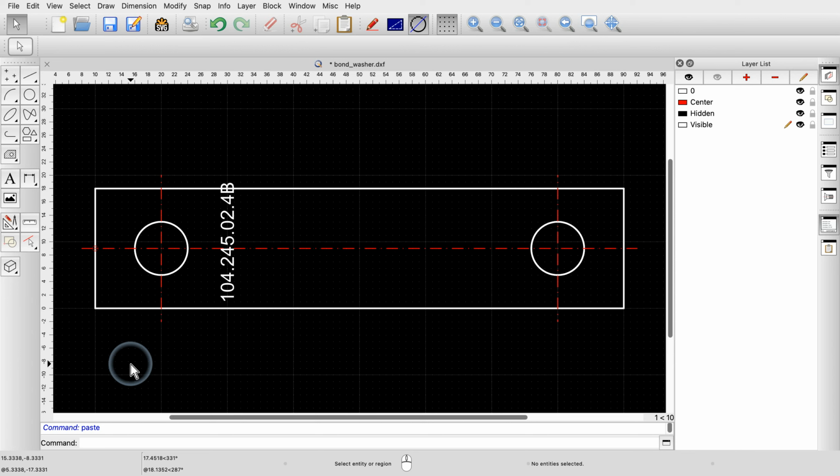As you might have noticed, our text label no longer fits on our part. To correct this, we will rotate the text by 90 degrees and move it to a different location. We can do this using the arrow keys to move and the F5 and F6 function keys to rotate. First, we select the text. Then we rotate the text by 90 degrees by pressing the F6 key several times.